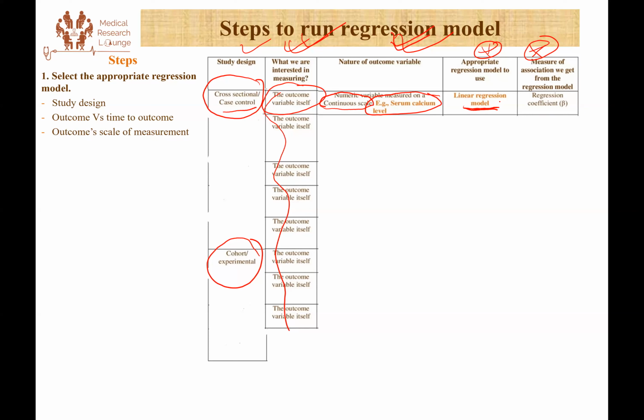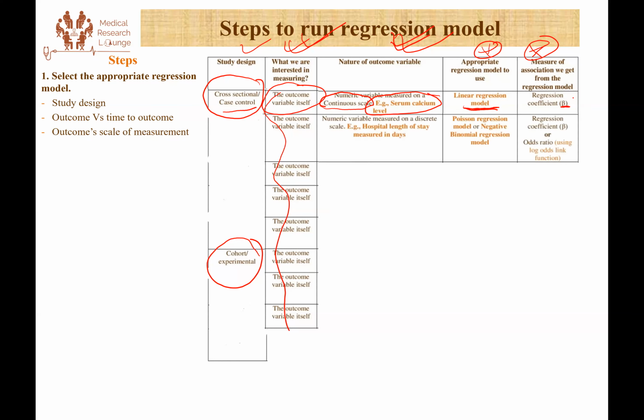And from the linear regression model, the measure of association that we get to quantify the relationship between the exposures and the outcome is called a regression coefficient. So this is what we get out of a linear regression. And if the outcome variable is on a discrete scale, that means count data. For example, let's say we're interested in studying hospital length of stay among ICU patients, then this is count data. We're counting the hospital stay in terms of number of days, whole number of days. So the first option is to use Poisson regression model,